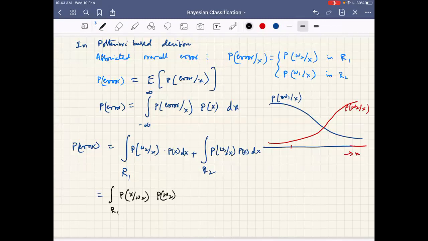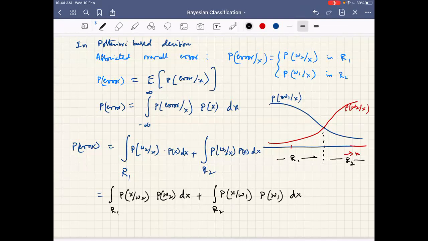Do you agree with this or not? Yes. So what is the advantage of the second expansion compared to the first one? Why have I written it like this? So we will know the limits. We know the limits anyway; R1, R2 are found based on the decision rule. These are likelihoods, sir, we can measure and find out. Yes, we have exactly the expressions for this. But P of omega 1 as such, you don't have a direct expression for it, and P of x is very tedious to find.